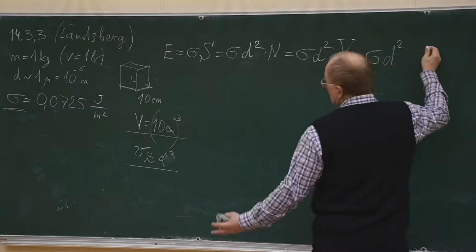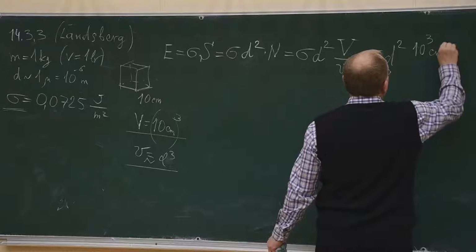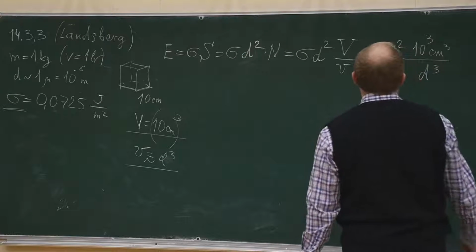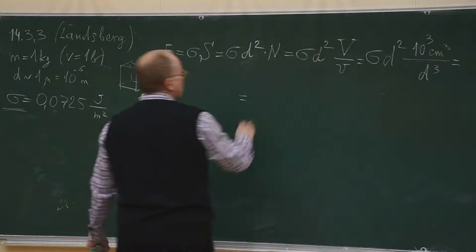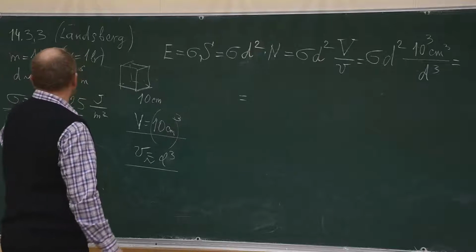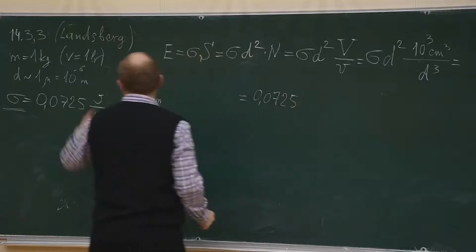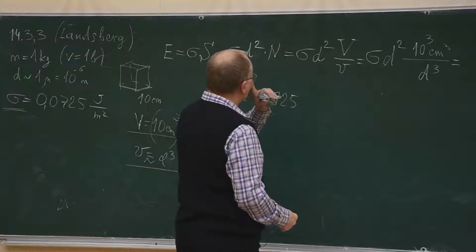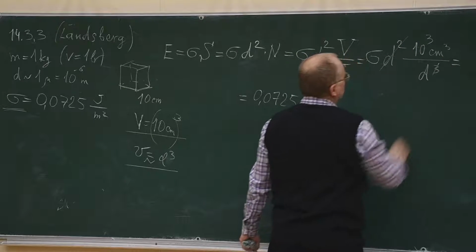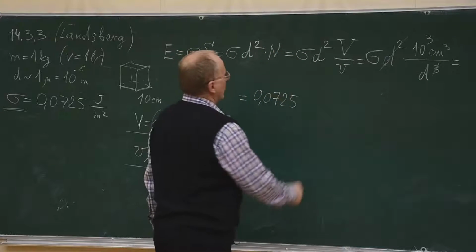Initial volume is given. It's just 1000 centimeters cube divided by d cube. And that will give us, now we will substitute the numerical values, and we have to take this value which is given to us, 0.725 in the international system, and here we will have diameter squared cancelled with diameter cube, and only one diameter will remain in the denominator, and so we will have